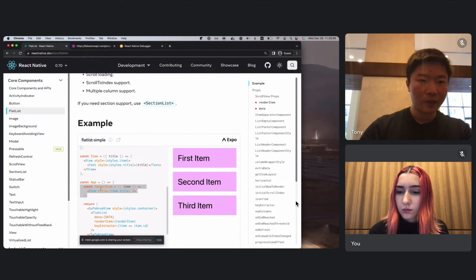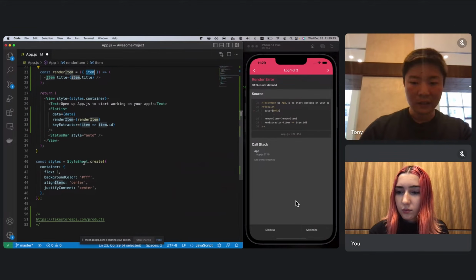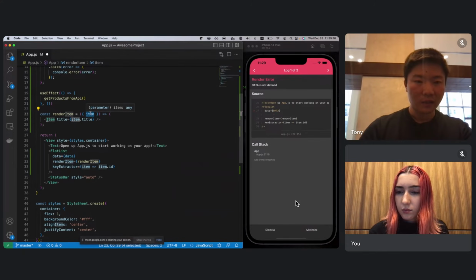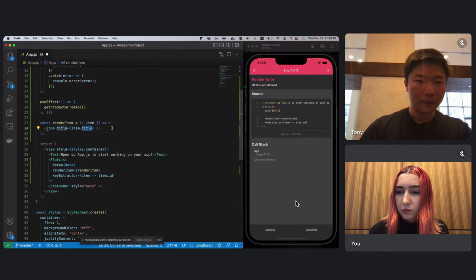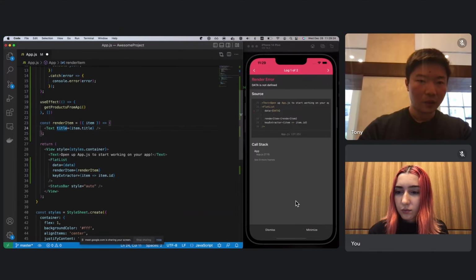So grab that. Before, we saw that each element is an object that contains the title property. So here I'll just use the text.